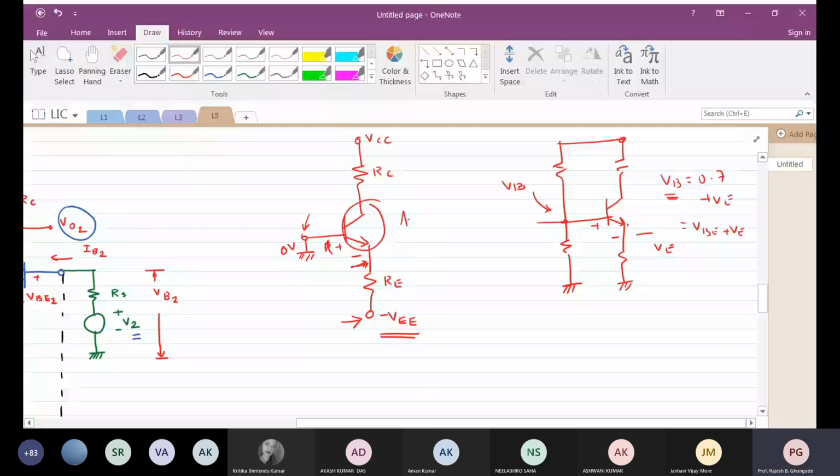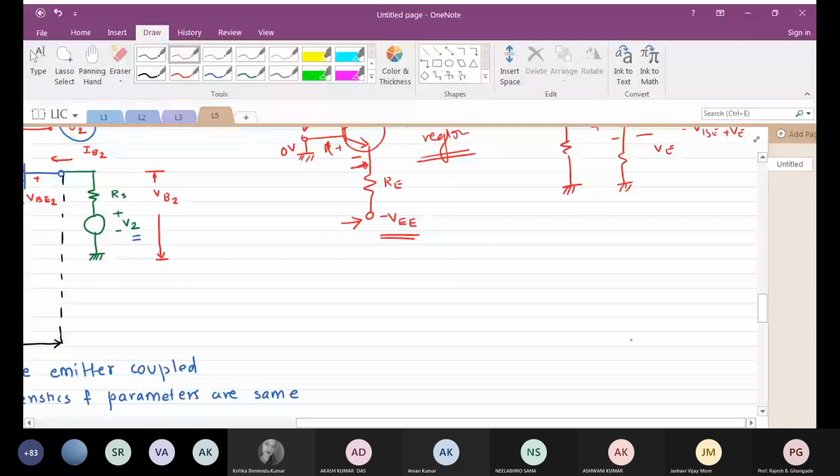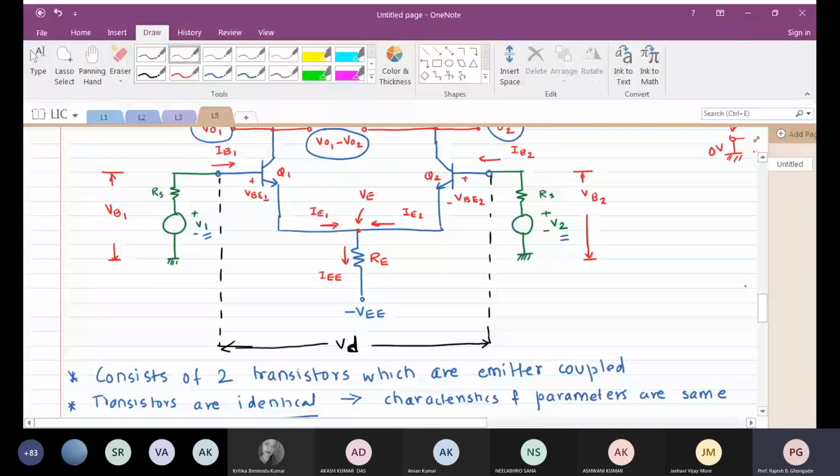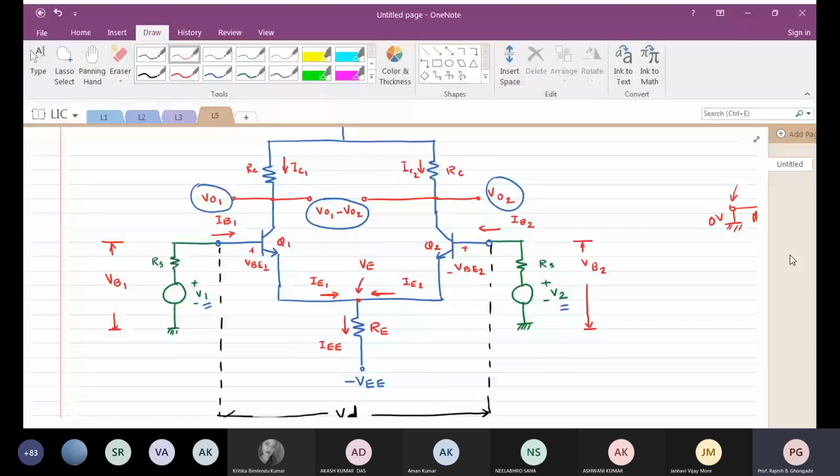Have all of you understood this? It seems very trivial, but many people miss this point. So no problem. We have already said that we have done away with the biasing resistors. By the way, I had introduced one biasing configuration as an extra reading for you, content beyond syllabus. Do you remember that?